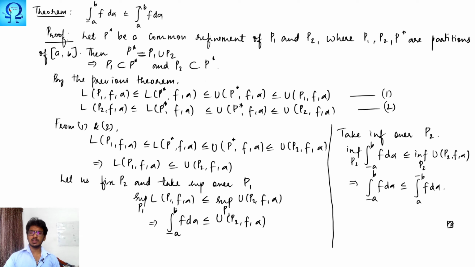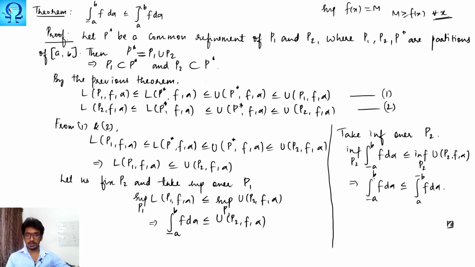Now you may ask me why we take the supremum over P1 and the infimum over P2. Why can't we interchange these two things? If you see, suppose we have f of x and the supremum of f of x we denote as M, which means M will be bigger than or equal to f of x for all possible x. This is going to happen, right? When you take the supremum, that has to be the largest quantity. So this is the largest quantity, and that is why we take these things like this.